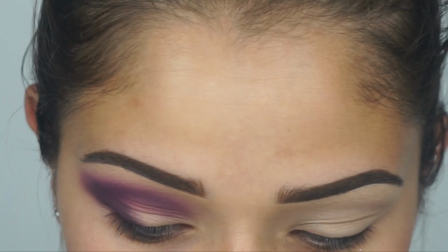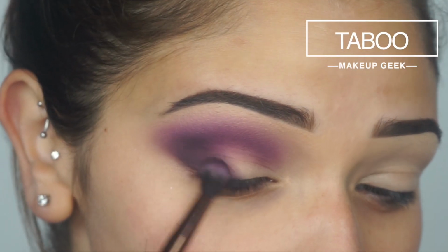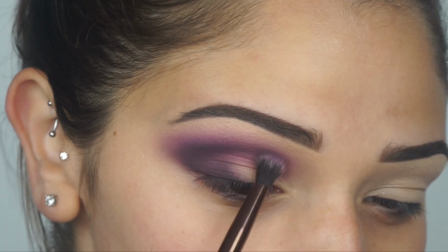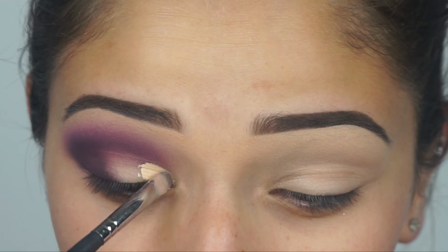So that's why I just keep going back in with a few shades. Now I'm going back in with Taboo to help deepen up that outer corner area. And it's all pretty much personal preference on how intense you want to make it. So once I did that, then I'm going in with my Tarte Shape Tape Concealer and I'm using a Morphe